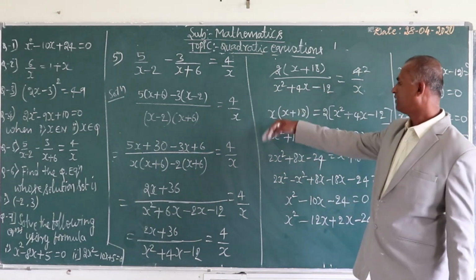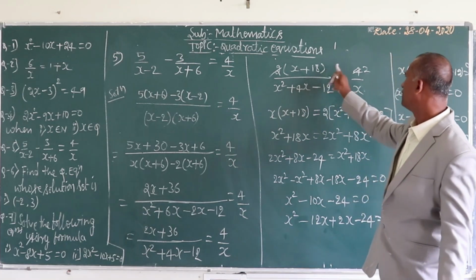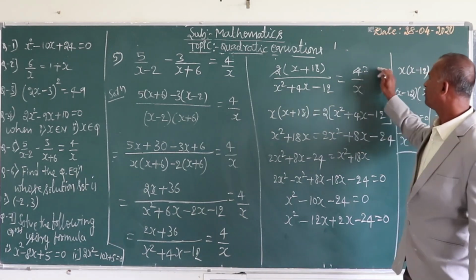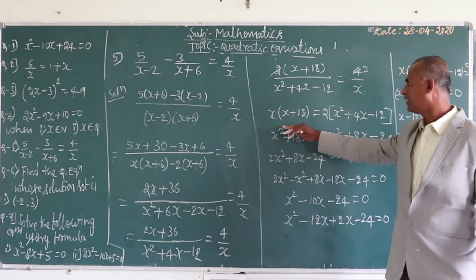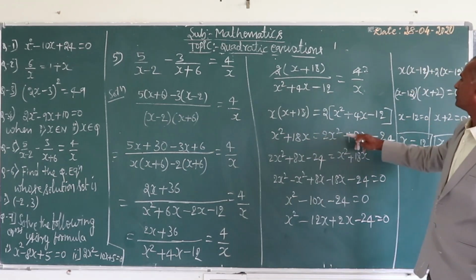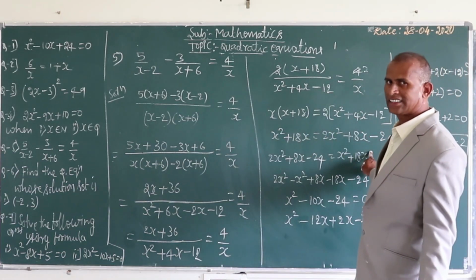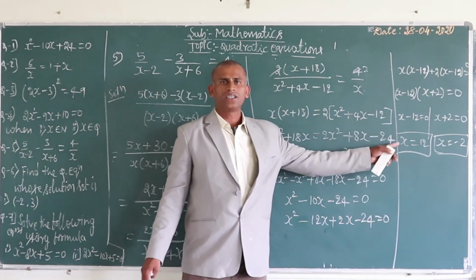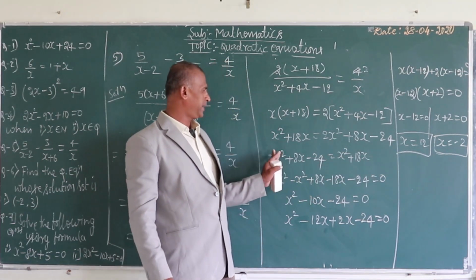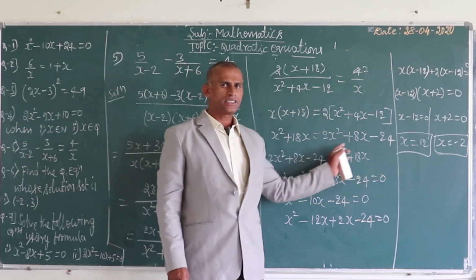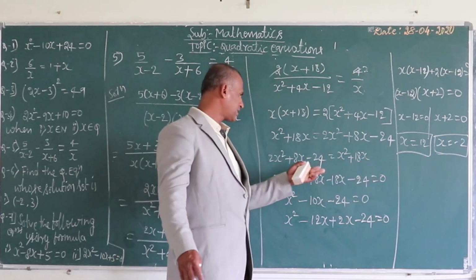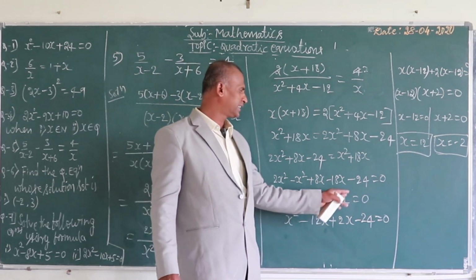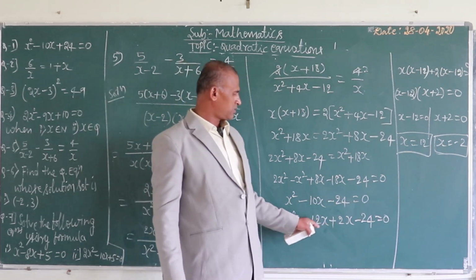Then we take 2 common, x plus 18, it will become; 2 ones are 2, twos we cancel. This 2 we multiply to this, and this x we multiply to this one: x into x, x square plus 18x is equal to x square plus 4x; 2 fours are 8x, 2 fours are 8x and 2 twelves are 24. Now, just repeating once again, this complete RHS we wrote this side, this complete LHS we wrote that side. Transposing, 2x square minus x square is x square, plus 8x minus 10x, minus 24 is equal to 0.